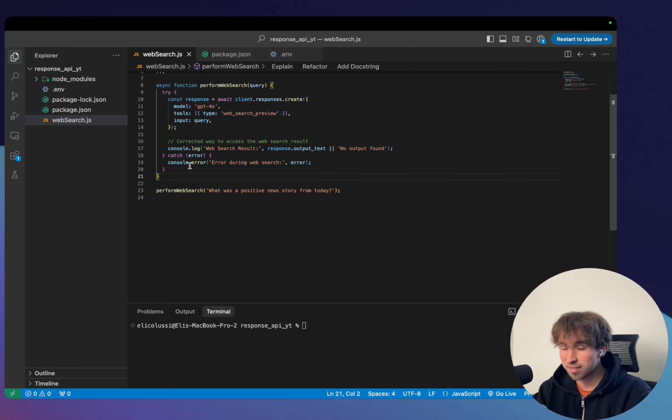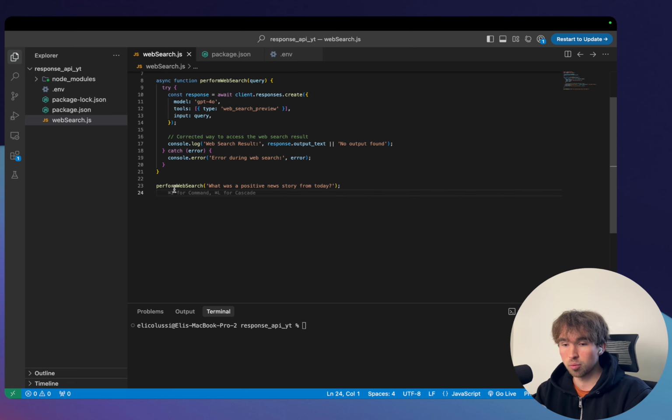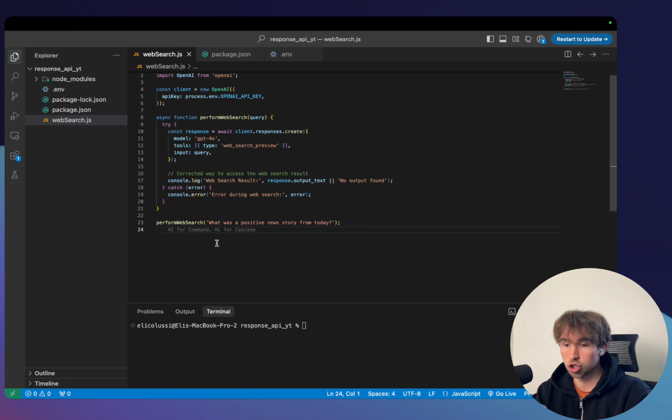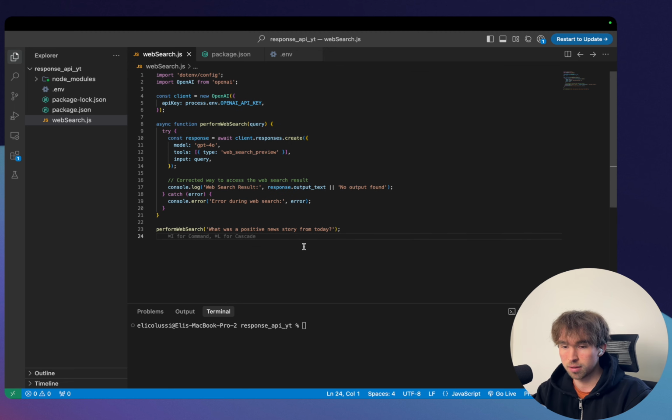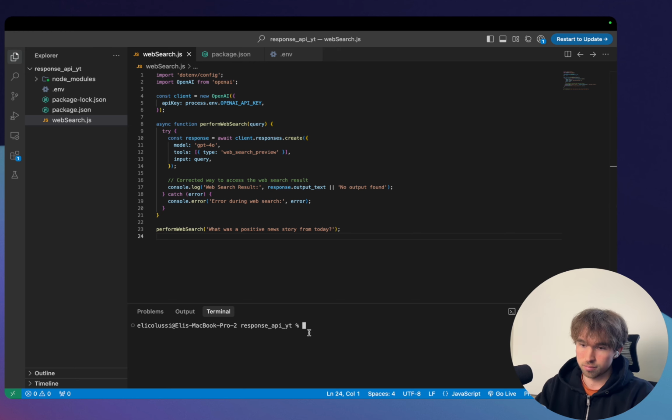And then if there is an error, we console log error during web search and then the error directly, whether that be like 404 or 500, whatever the error code we get may be. Then at the very bottom, we call performWebSearch and we pass in what was a positive news story from today. So now if we run this here just by doing node